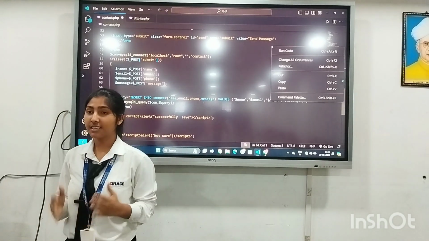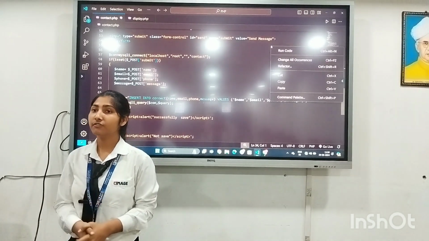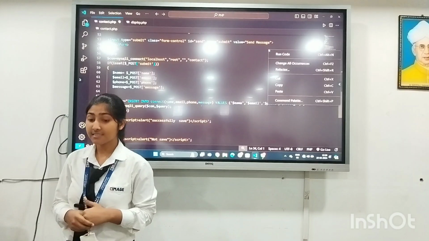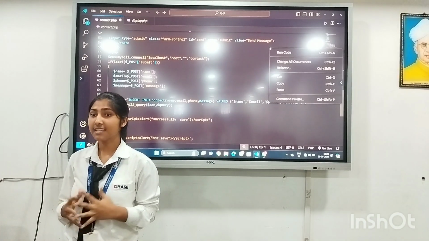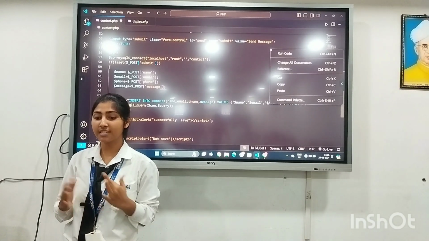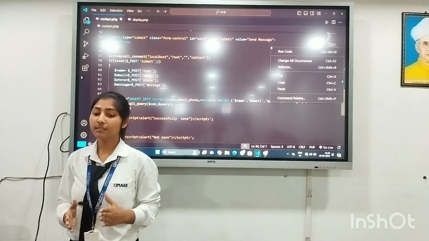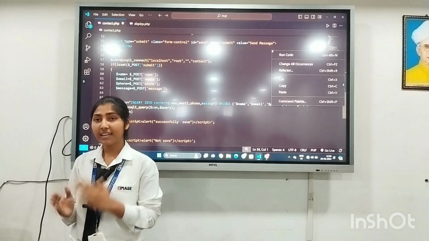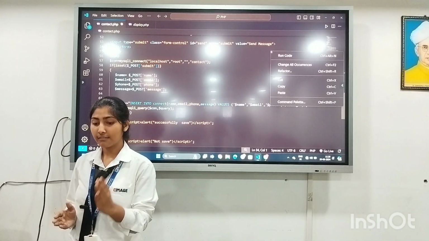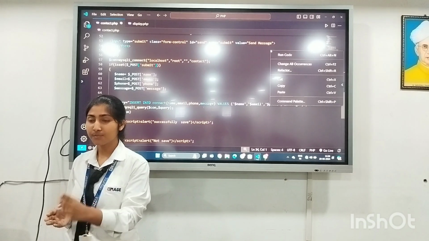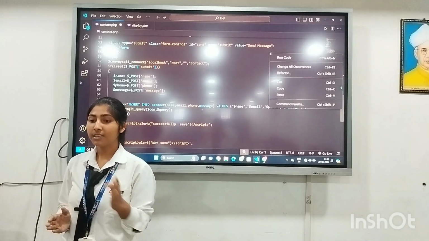Further, I have used a conditional statement in which the isset function is used. The isset function determines whether the variable used in its parameter is available in the code or not.